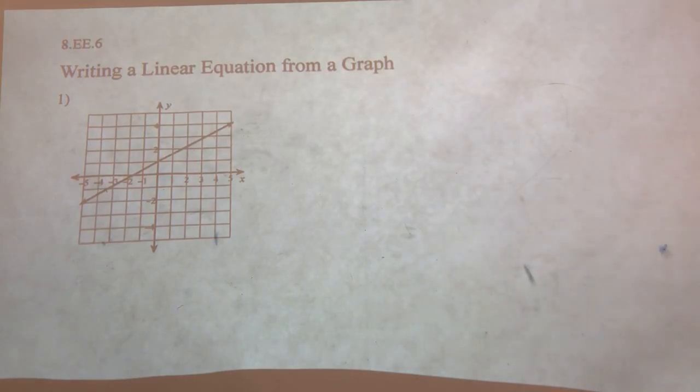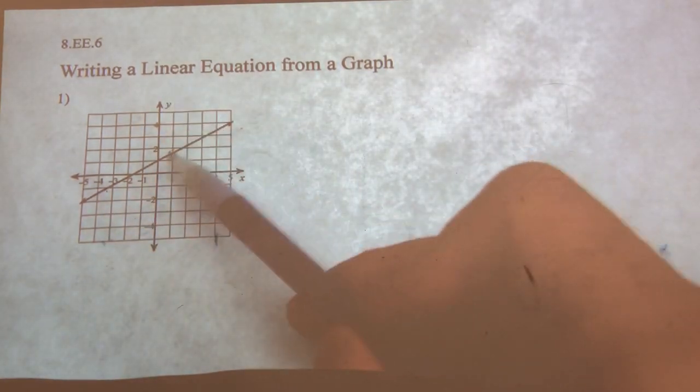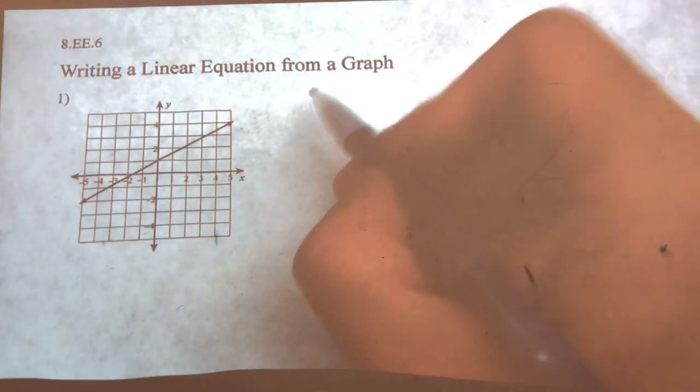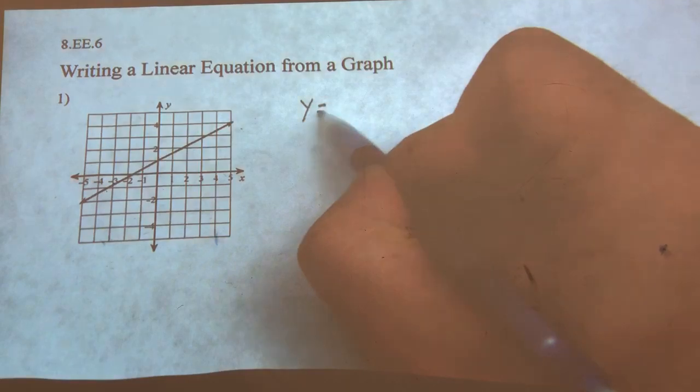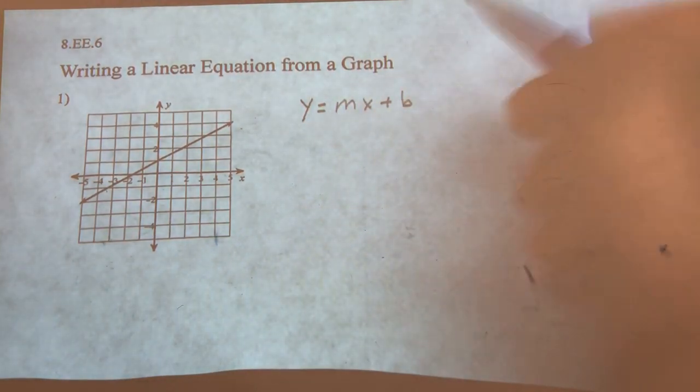Okay, so now we're going to write the linear equation by looking at the graph of the line. So from the graph to the linear equation, specifically in slope-intercept form. We're going to write the equation of this line in this form, y equals mx plus b, where this